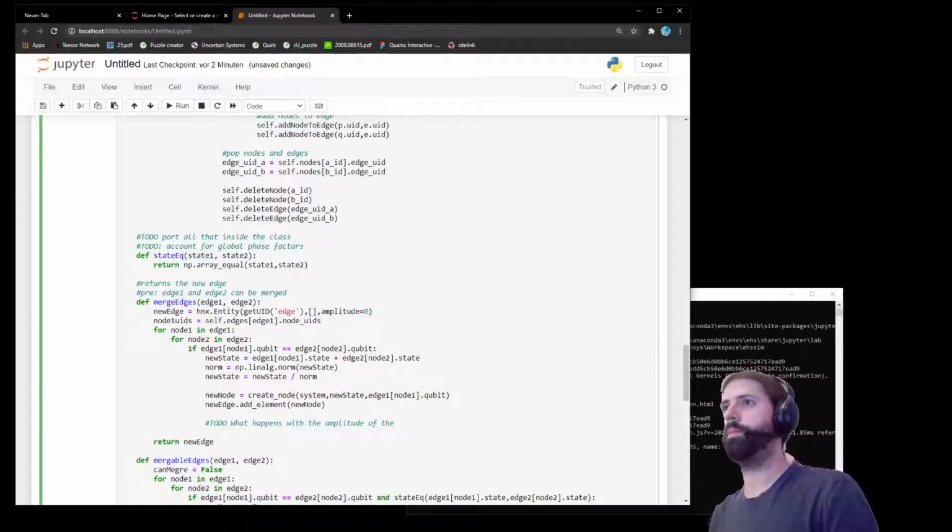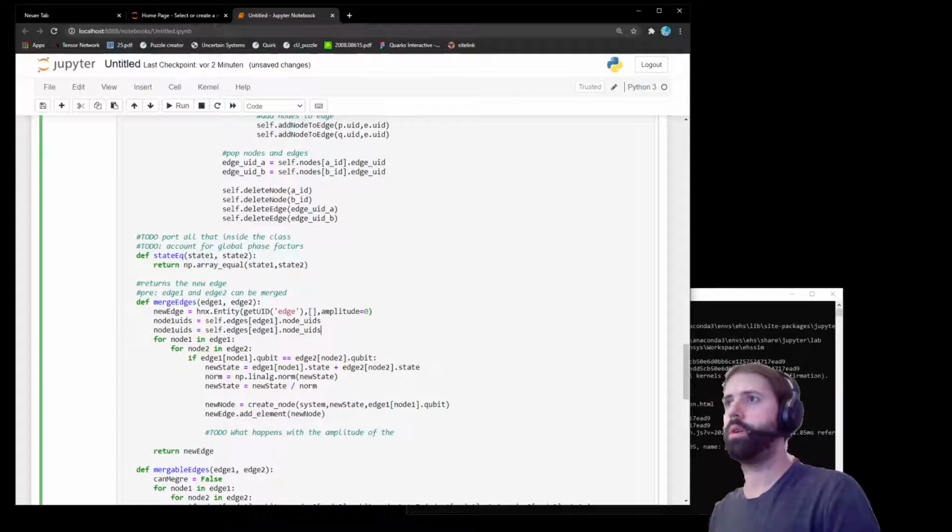Exactly. Node 2 UIDs is H2, and so for each of them, so for all the possible combinations,